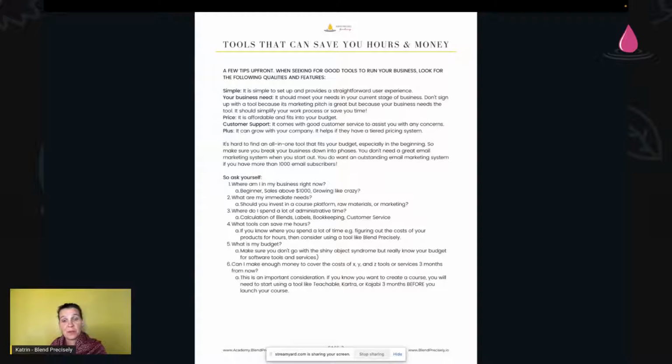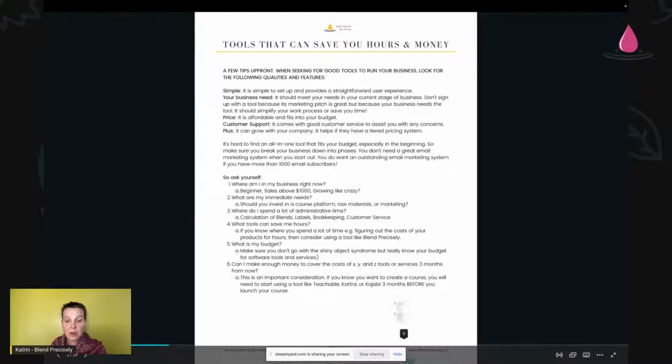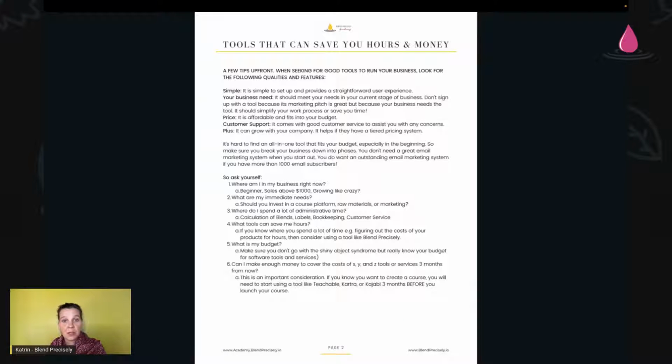Where do you spend most of your time? Track your time a little bit. Where do you actually spend most of your time? And are there any tools out there that could help you with your time management? What is your budget? That's always a question you should ask as well. Is it a service you can actually afford, or is it too expensive? As I mentioned, Kajabi was, I think, $200, and I couldn't afford this in the very beginning when I started out 5 years ago. But now it's not a problem. In the beginning, you want to choose something which fits your budget, but you can grow with it.